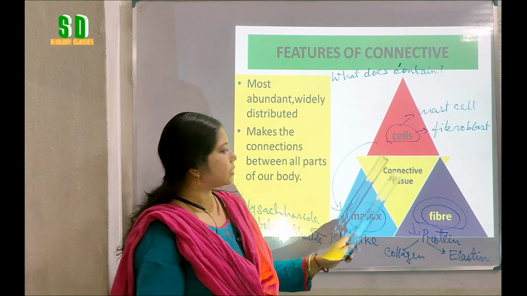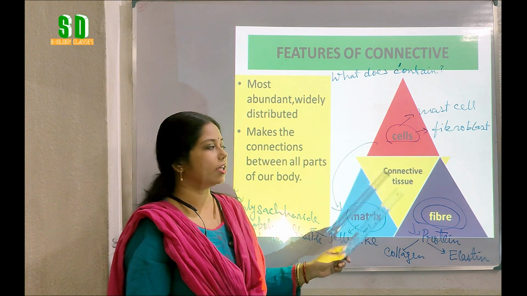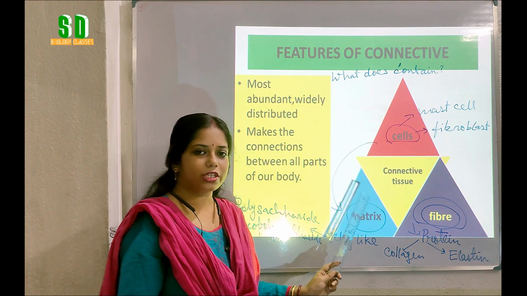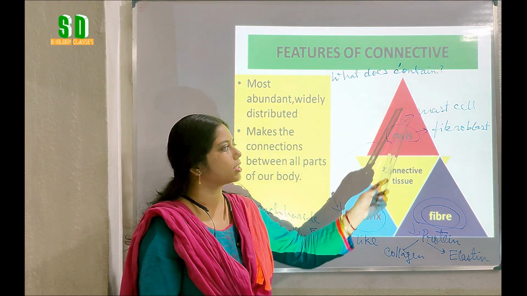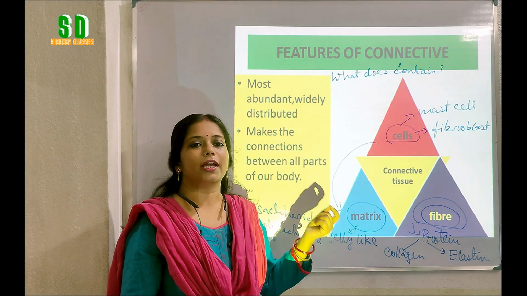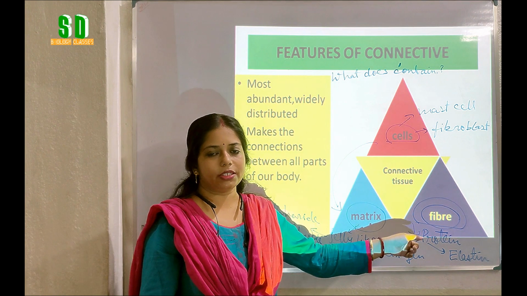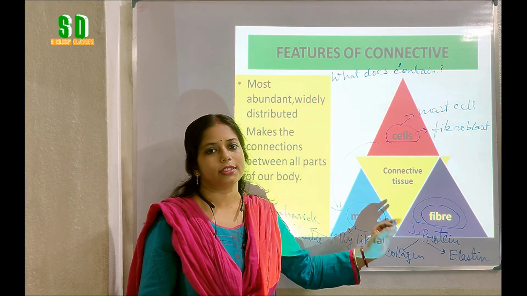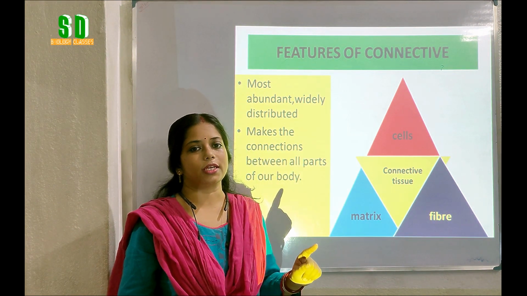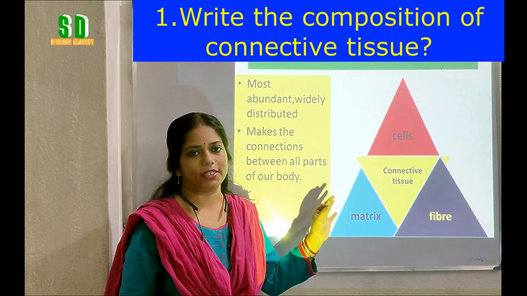So students, the different types of connective tissues are basically made up of cells, matrix and fibers. Different types of cells are present in different types of connective tissue. For example, here I have given mast cell, fibroblast cell. In adipose tissue, that is one type of connective tissue, the adipocytes or fat cells are present. The matrix is the jelly-like substance, and fibers, which are made up of protein, are present in the connective tissue. Students, from this part of the video, the first question of the assignment: what does connective tissue contain, or by which materials are connective tissues made up of?